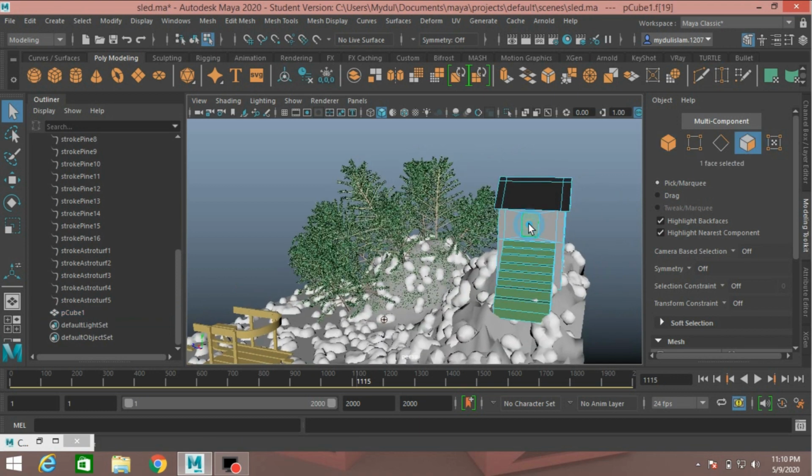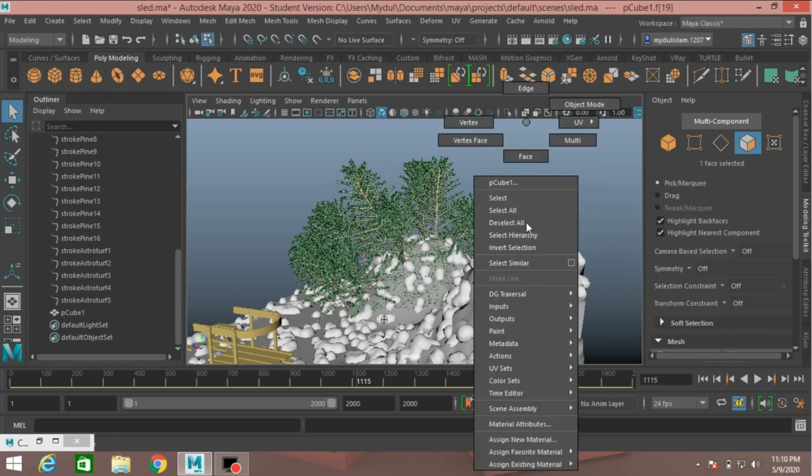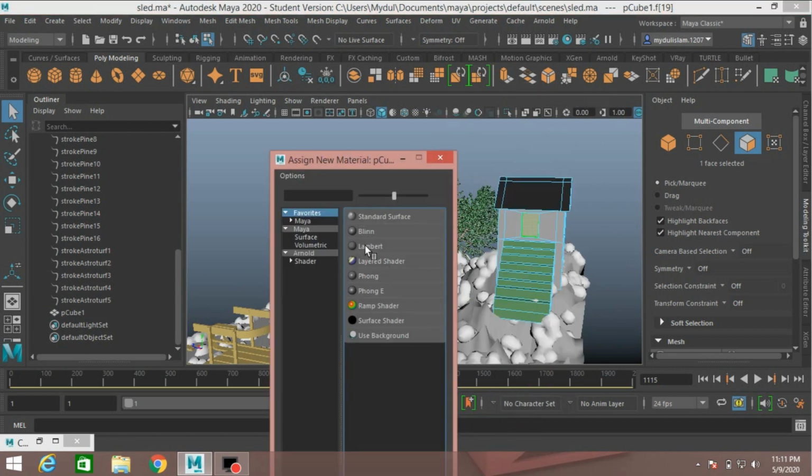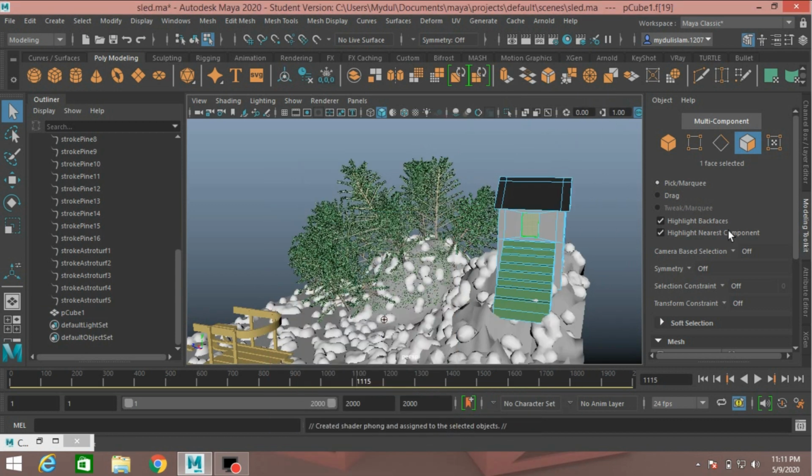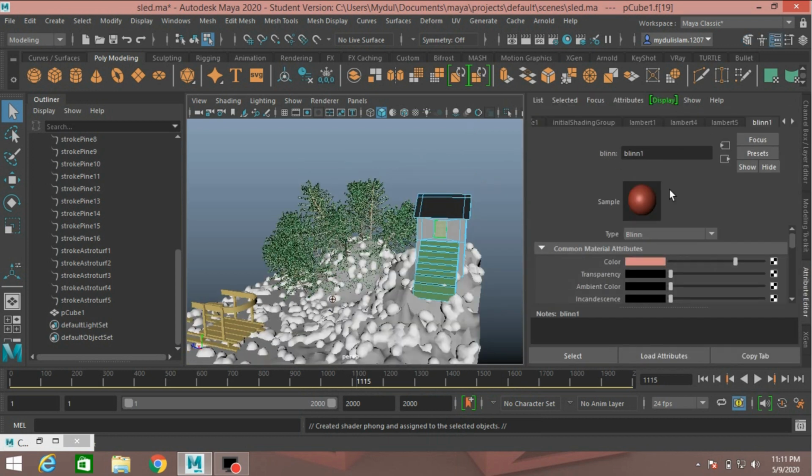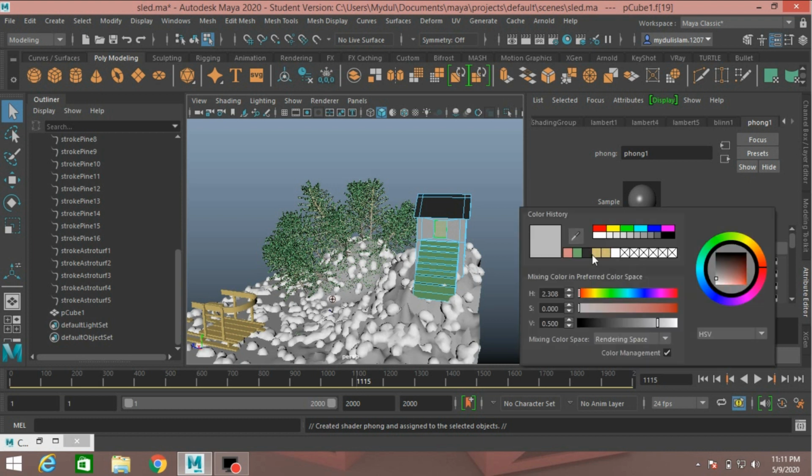Select this face, right click, assign new material. Select font. Change the font color to, just click on this color plate and select any color you like.